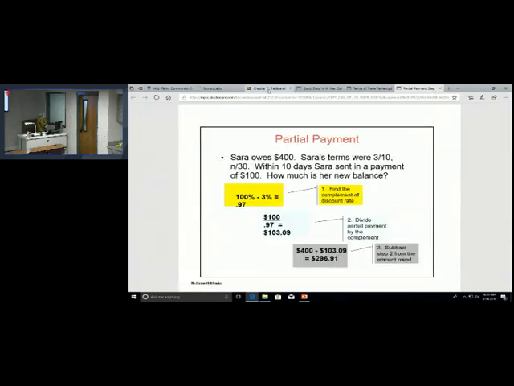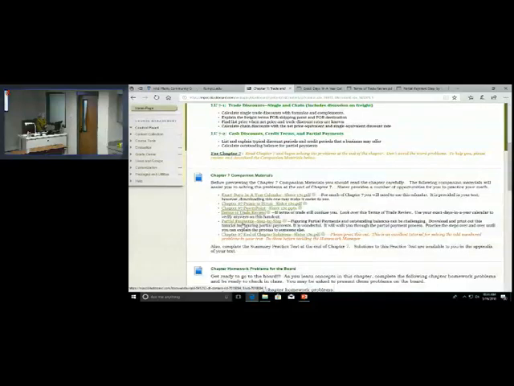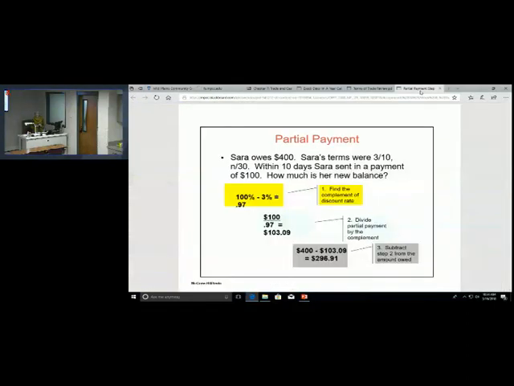And the last one I just had open there for you is this partial payment step-by-step. That's going to be the third video. There are a few questions in Chapter 7 on what happens if somebody pays a bill but only pays part of a bill. How do you account for any discounts that apply to that? So the partial payment step-by-step is going to be a document that might be helpful in working the problems in Chapter 7 and in the Connect problems. All right? So let's get started.